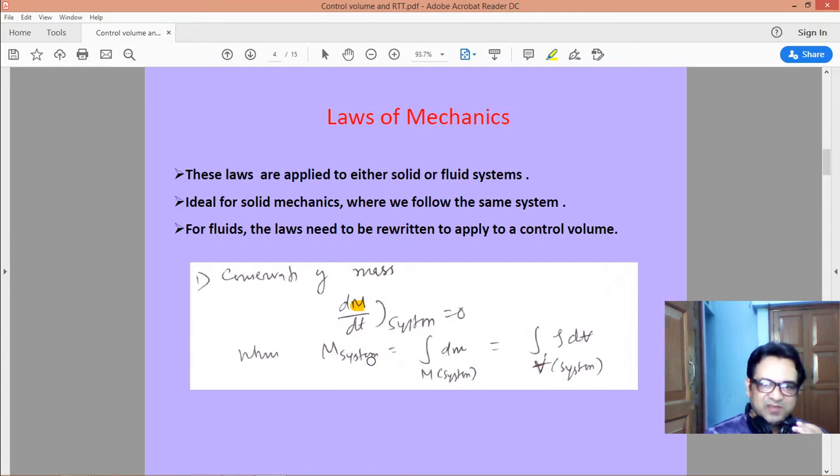So how can you find out the mass of the system? By integrating. You divide the system into very small discrete elements, then you integrate the small masses, and the small mass is rho dV. V with a line in the middle is the volume, and only V is the velocity. In this way you can make a difference. So the integration of rho dV, the volume integral, will give you the total mass of the system.